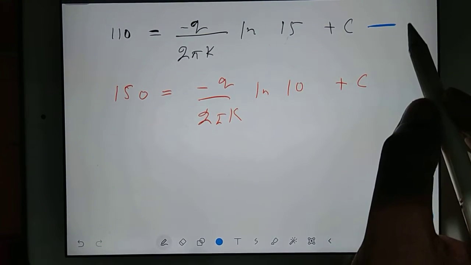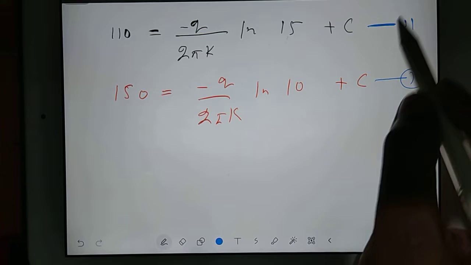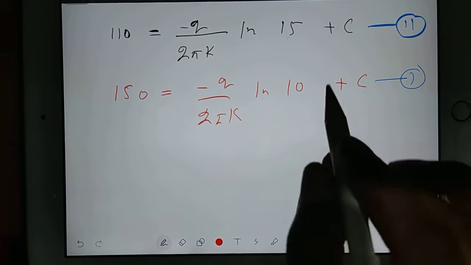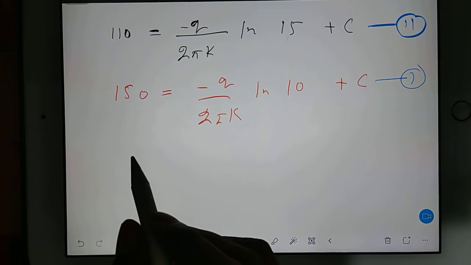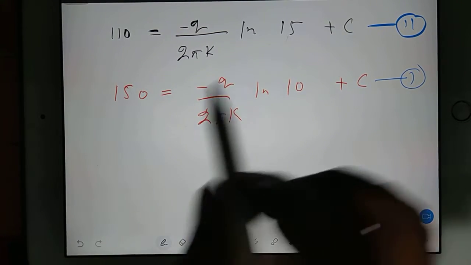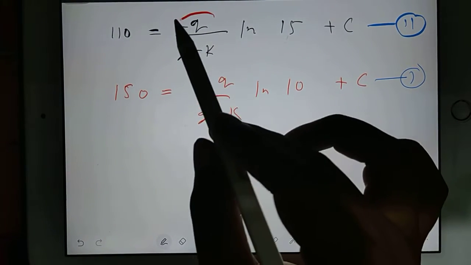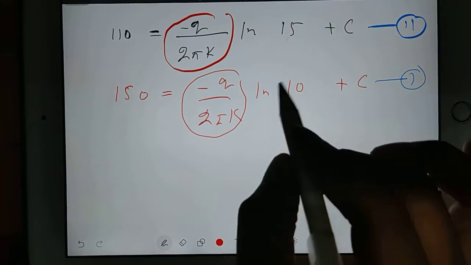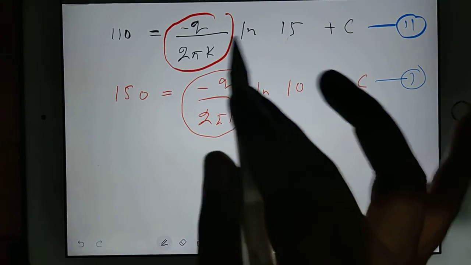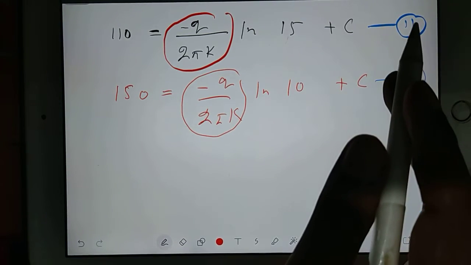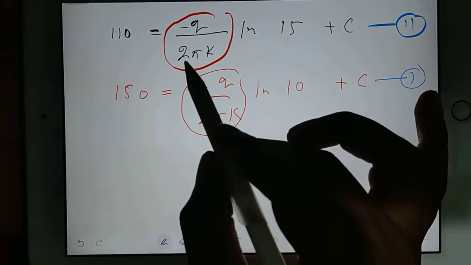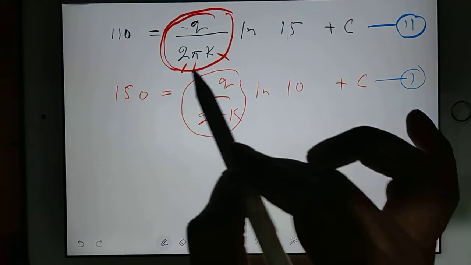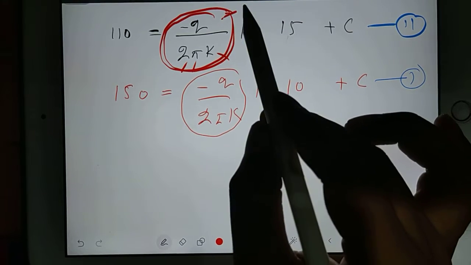This was your equation 1, this was your equation 2. There are so many ways to solve the equation. Solve the equation and get the value of q and something, or no need to bother, directly you consider this total, because this total has to come every time. This total will be appearing in all the equations, so you consider this total as a constant. No need to solve 2 pi and k and q values. You consider this total as a new constant, any constant, like m you consider.